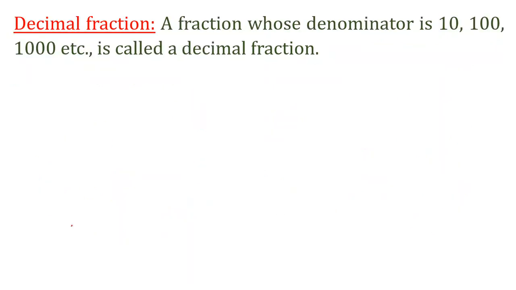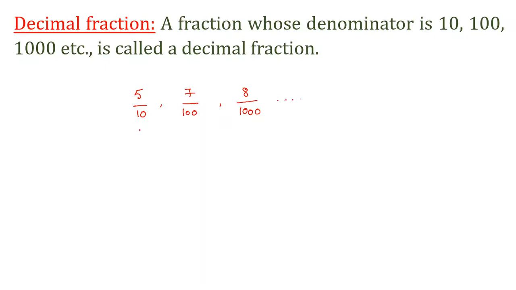Now I am going to the next type of fraction, which is the decimal fraction. This is also a fraction, just that in this type all the denominators should be in the form of multiples of 10. Only multiples of 10 you will take. For example, 5 by 10 is a decimal fraction because the denominator is a multiple of 10. Next is 7 by 100, also a multiple of 10. 8 by 1000, here also the denominator is a multiple of 10.